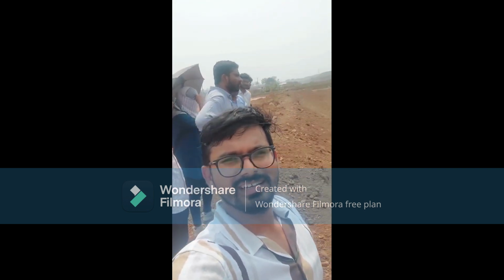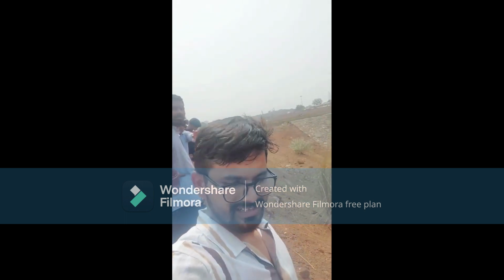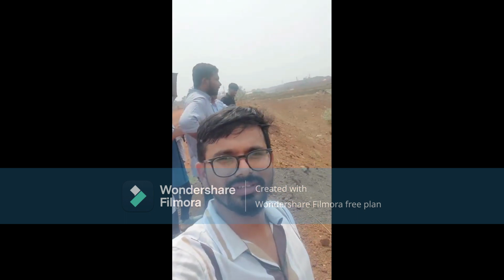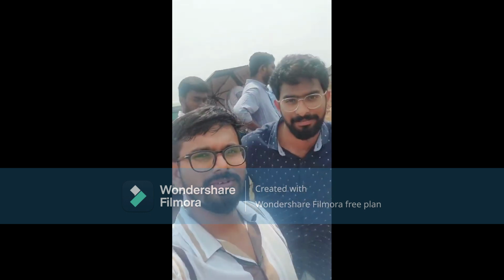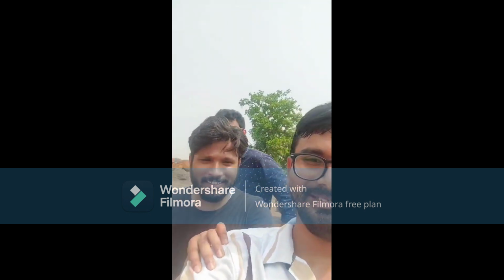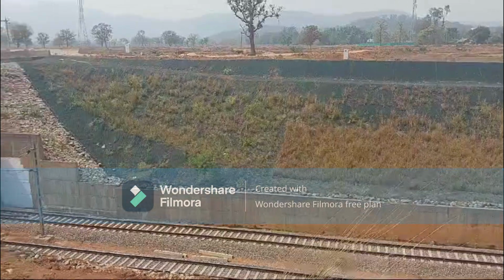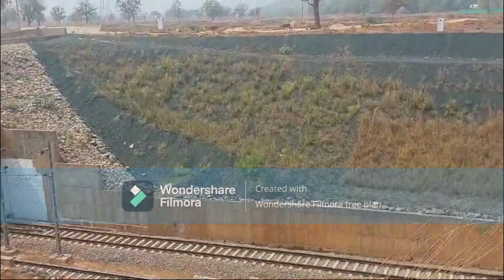All the geotech batch guys came for the site visit, to see how to use geosynthetic in slopes. Now we came to the second site visit. It's like stone pitching here, and here there are two tracks. Here the slope